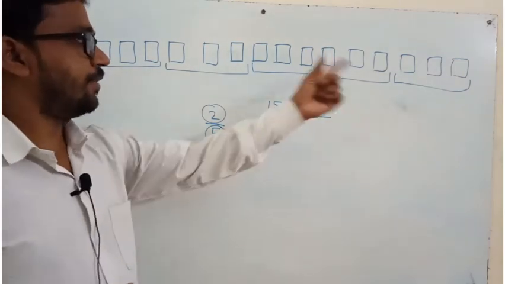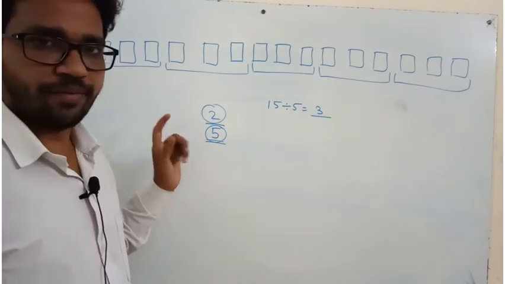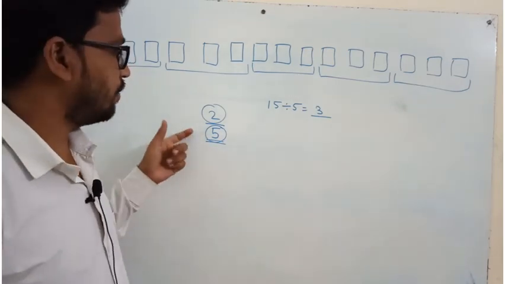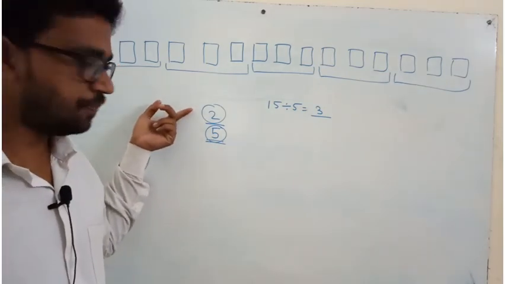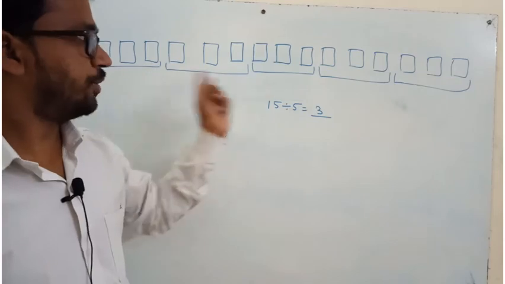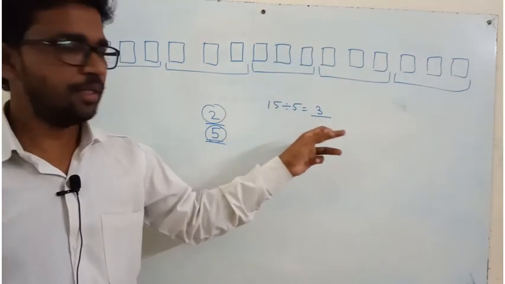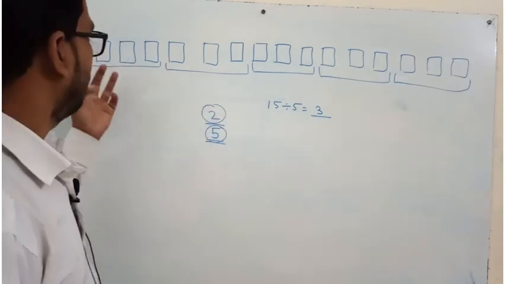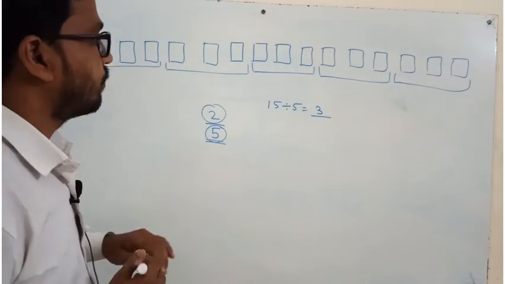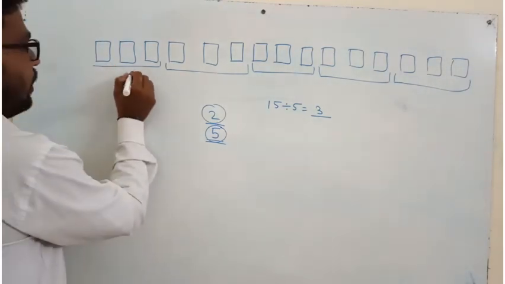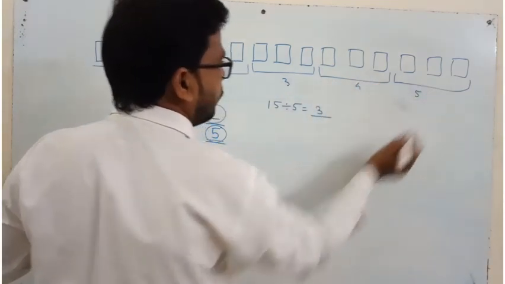It means 15 certificates are there and 2/5 of the certificates are written. 2/5 of the certificates are written means what? From 5 certificates, 2 certificates are written. So it means that we have to make 5 equal parts. So we divide this 15 by 5. So we get 3. It means each group has 3 certificates. Now, it is group 1, 2, 3, 4 and 5.